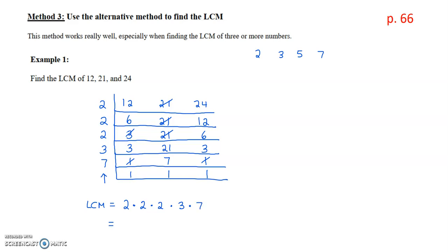Let's figure this out. 2 times 2 times 2 is 8. 8 times 3 is 24. 24 times 7 is 168. So the lowest number that 12, 21, and 24 make